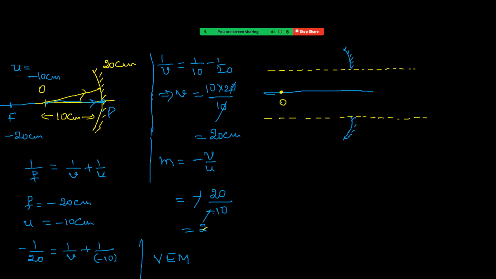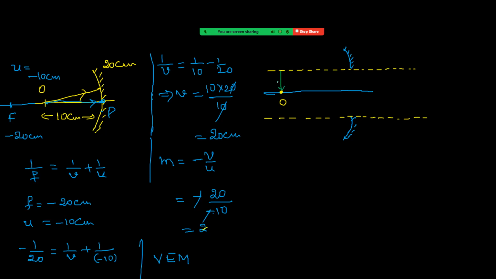This is a point object. If we are focusing on the upper part, for the upper part, the object is now below the principal axis. It is just like